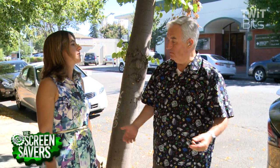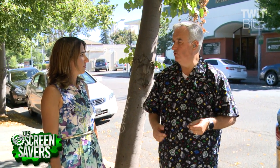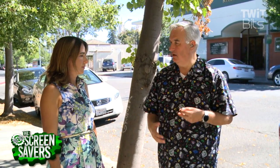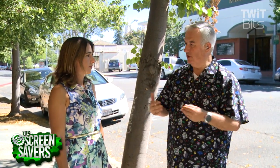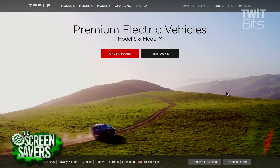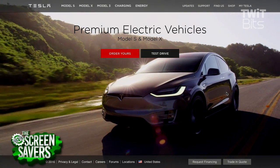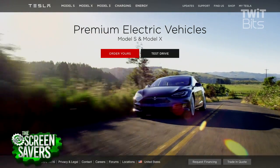Shortly thereafter, Tesla released its sedan, the Model S. And last year, in fact, September 30th of last year, they started shipping a brand new crossover SUV. It's called the Model X. Same idea. It's a fully electric car, and it has the longest range. Well, maybe there'll be a Chevy Bolt later this year that'll have comparable range, but at this point, 250-mile range